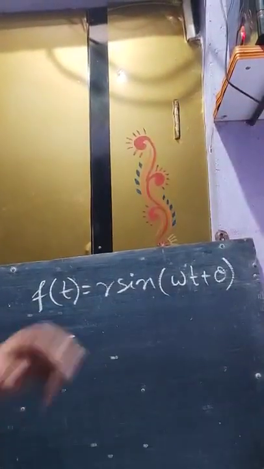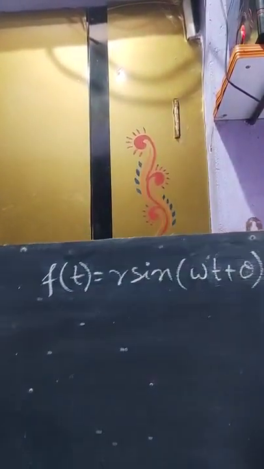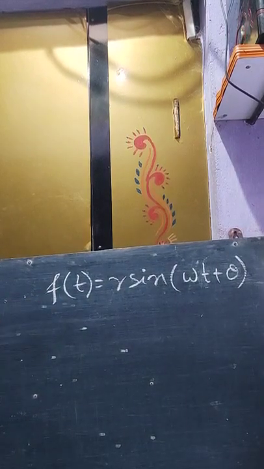So, in the previous class I showed you the general equation to represent a SHM, right? According to Fourier, the mathematician, a simple harmonic motion can be represented by the superposition of sine and cosine functions. Okay. So, let us start how it can be represented. This is the basic or general equation for the simple harmonic motion, right?